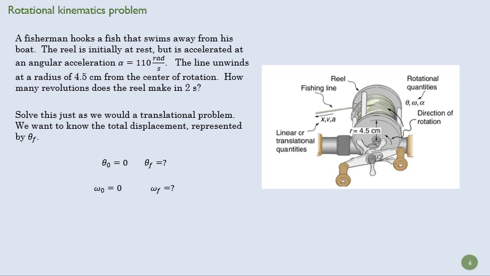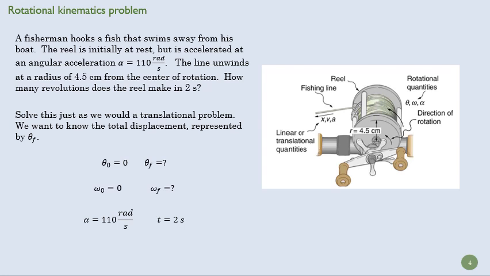What is our velocity? Well, we start at rest, so our initial angular velocity is 0. We don't know what our final angular velocity is. And we know our angular acceleration. Again, I missed my units up here. And we know our time